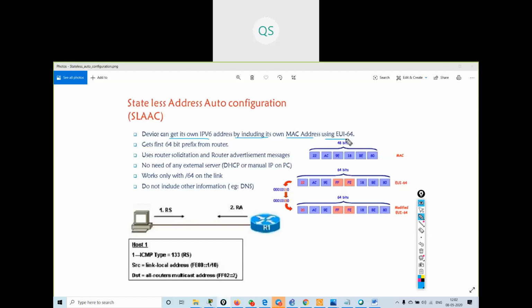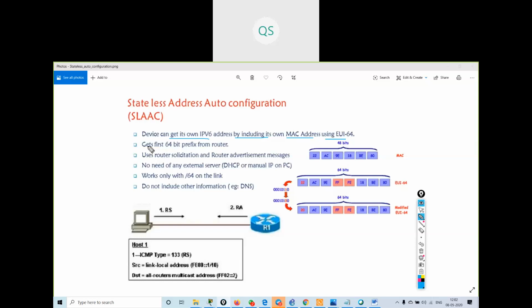Whatever we saw when we studied auto define, if you give the command EUI64, it will automatically get the IP address with its MAC address.